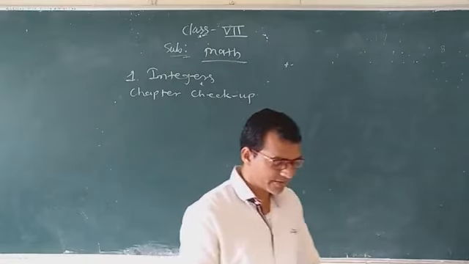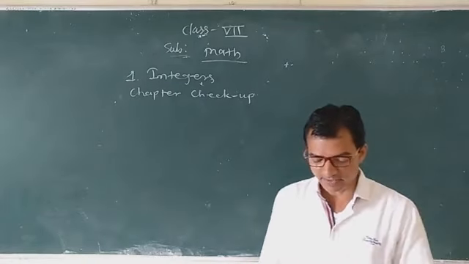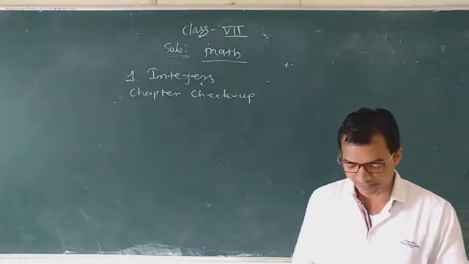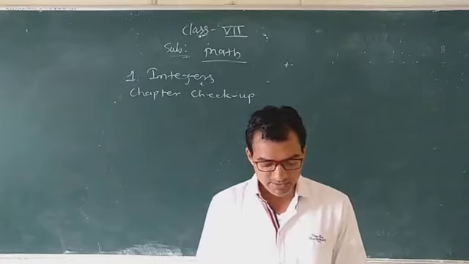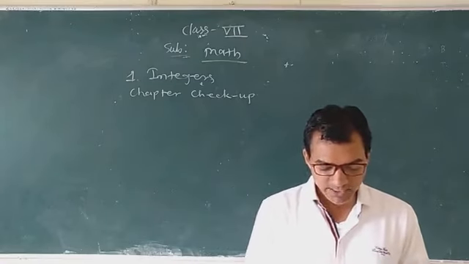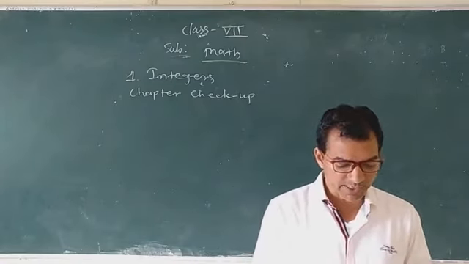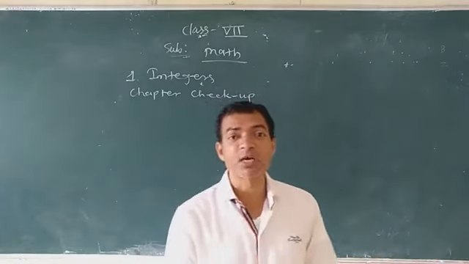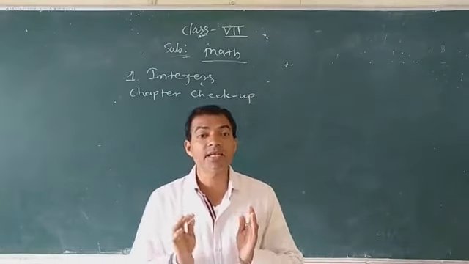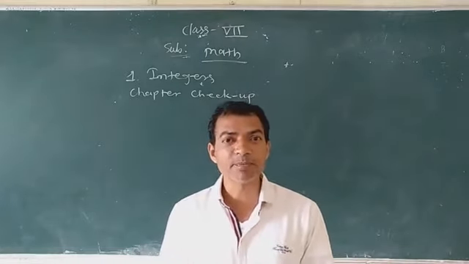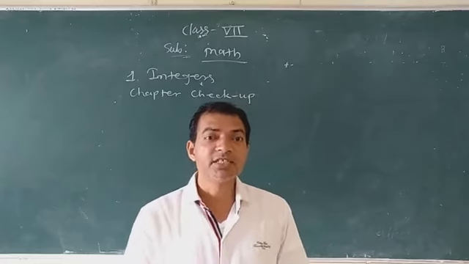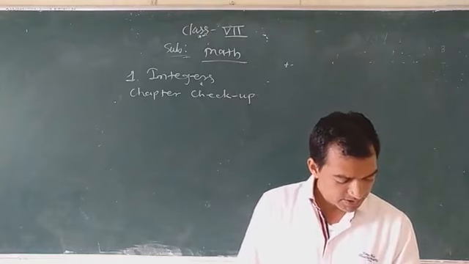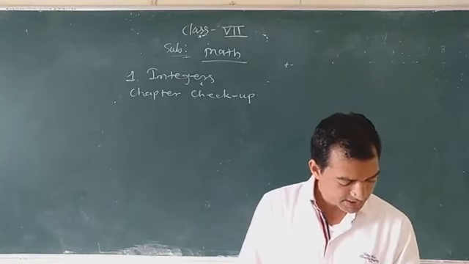See here what is given. Manisha had 30 pencils with her. She starts distributing pencils to her classmates. How many pencils are left with her if she distributes 3 pencils each to 8 of her classmates? Okay. So see here, total number of pencils, how many? First Manisha had 30 pencils, means total number of pencils are 30. Okay. She wants to distribute pencils to her classmates. How many pencils are left with her?